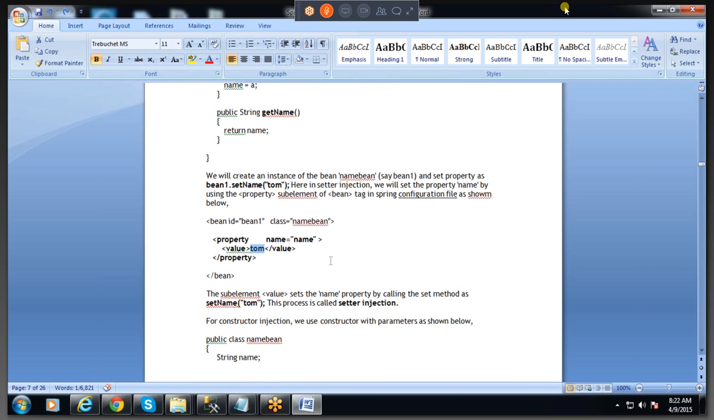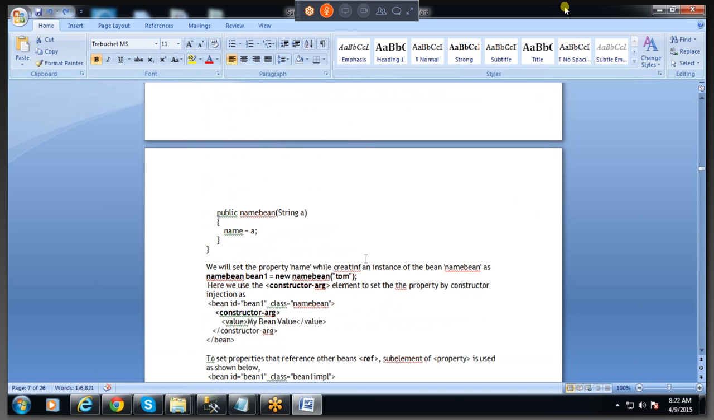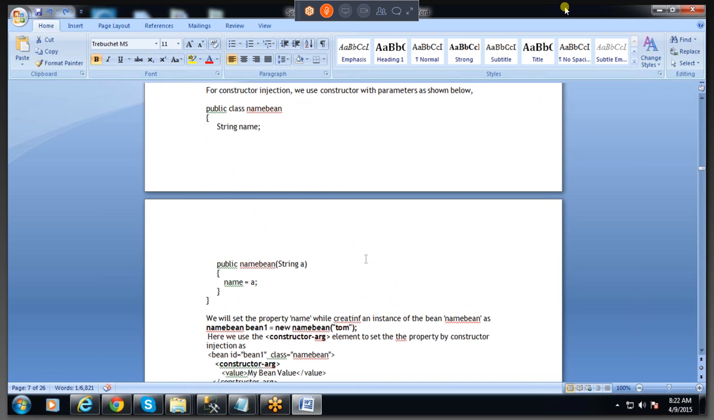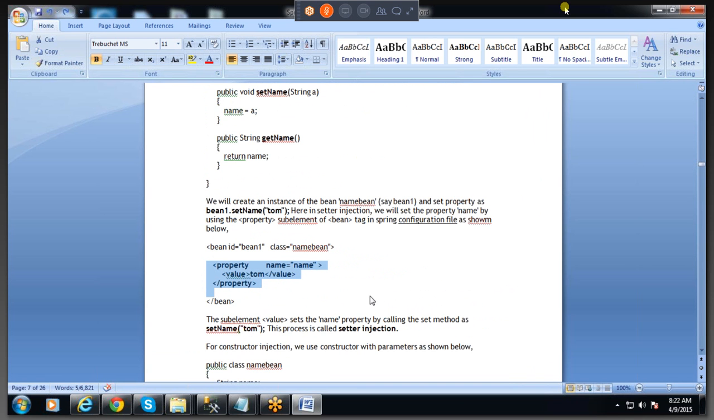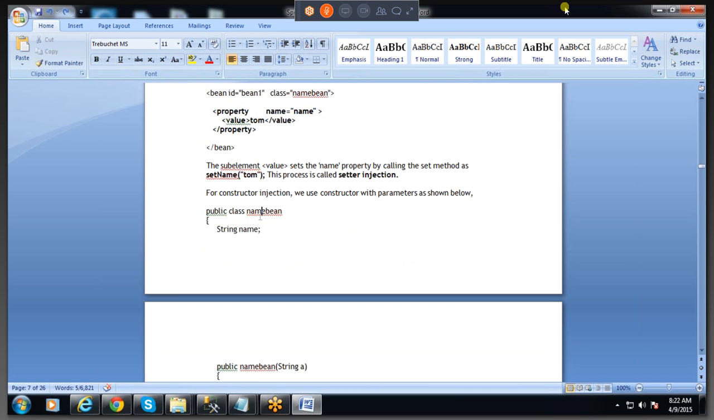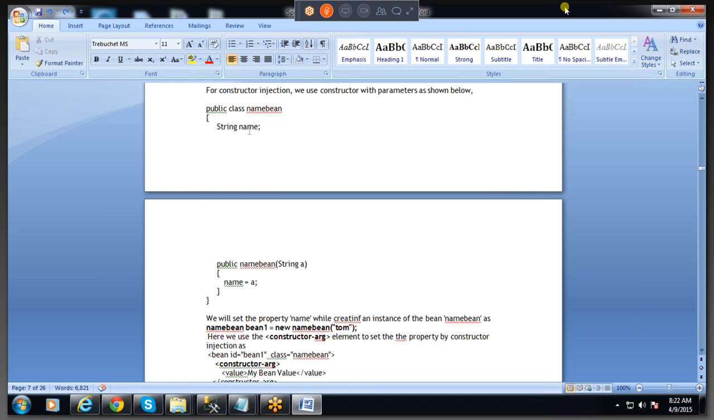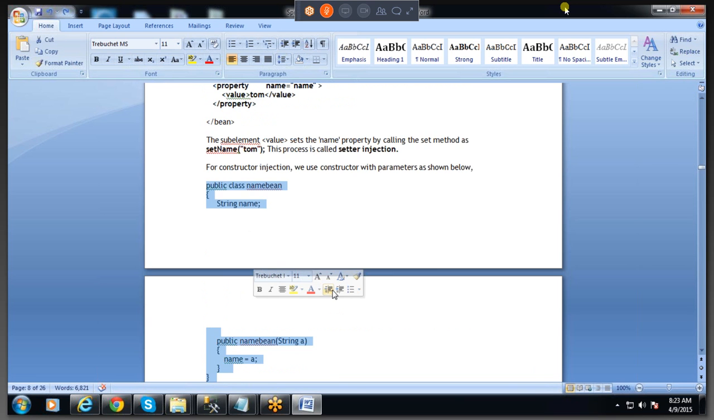If it is normal properties, this is the way we will make it. If it is constructor values, that means a class will have a constructor, and those constructor values we have to set. So public class NameBean we have a String name. In the constructor we have to make it out: public NameBean(String j) { name = j; }. This is the way. If I want to pass the constructor arguments, then instead of property, we have to use constructor